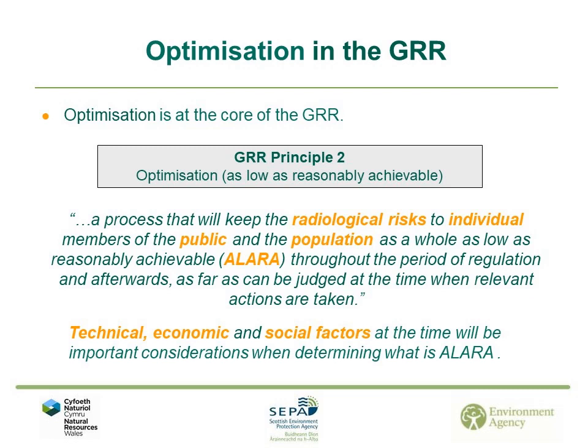Optimization in the GRR. Before we discuss optimization in detail, it is important to understand the relationship between optimization and the numerical standards set out in the GRR. The dose constraint, that is, requirement R9 in the GRR, restricts exposures that can occur during the operational and decommissioning period. This acts as an upper bound on the options that can be considered as part of the optimization process